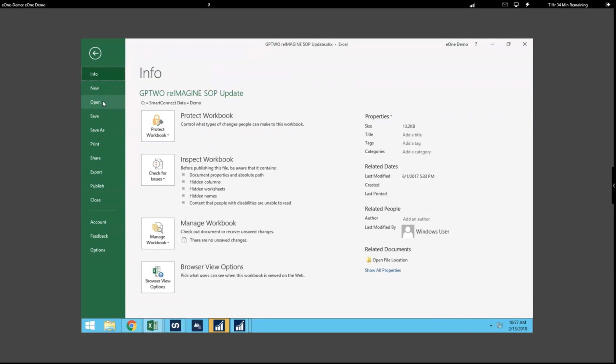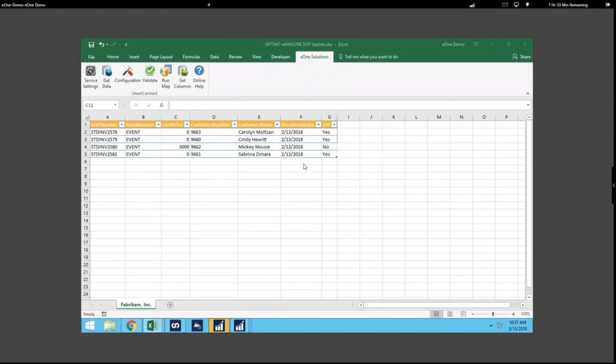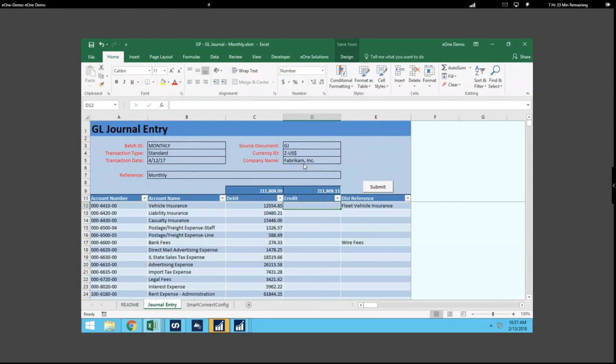Now, while we're working in Excel here, there's one other thing that I want to show you, and that's journal entries. Journal entries can be a pain. We have a ton of templates that are available. These templates, we build and have quality control features built right into them, so you can make sure that the data you're taking from these templates and importing into GP